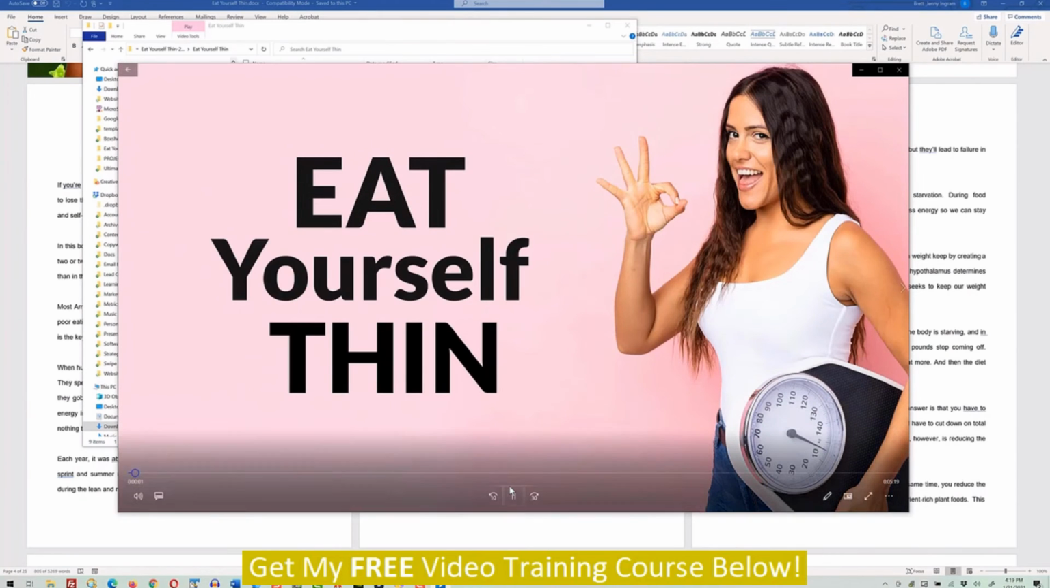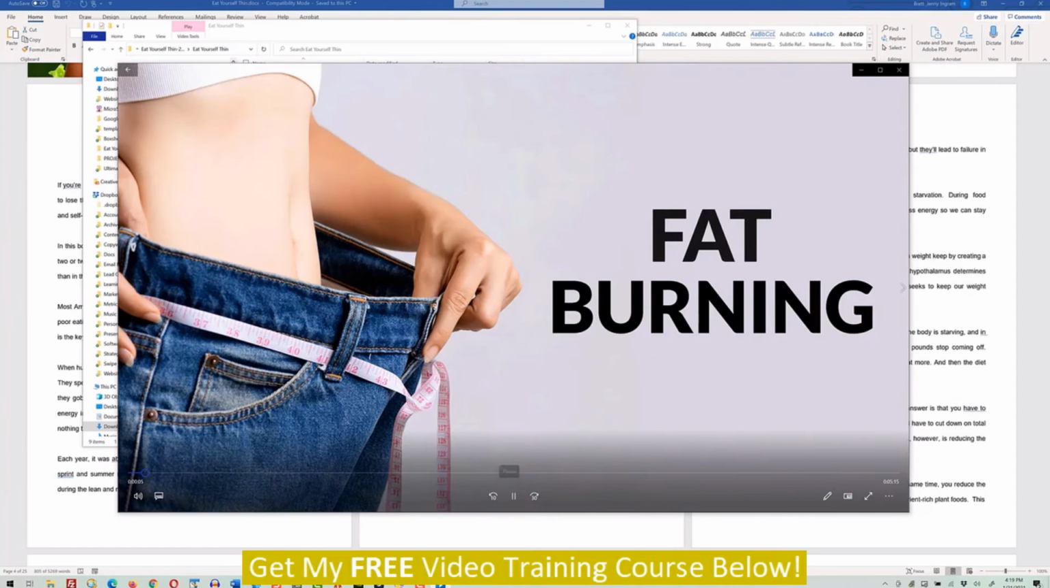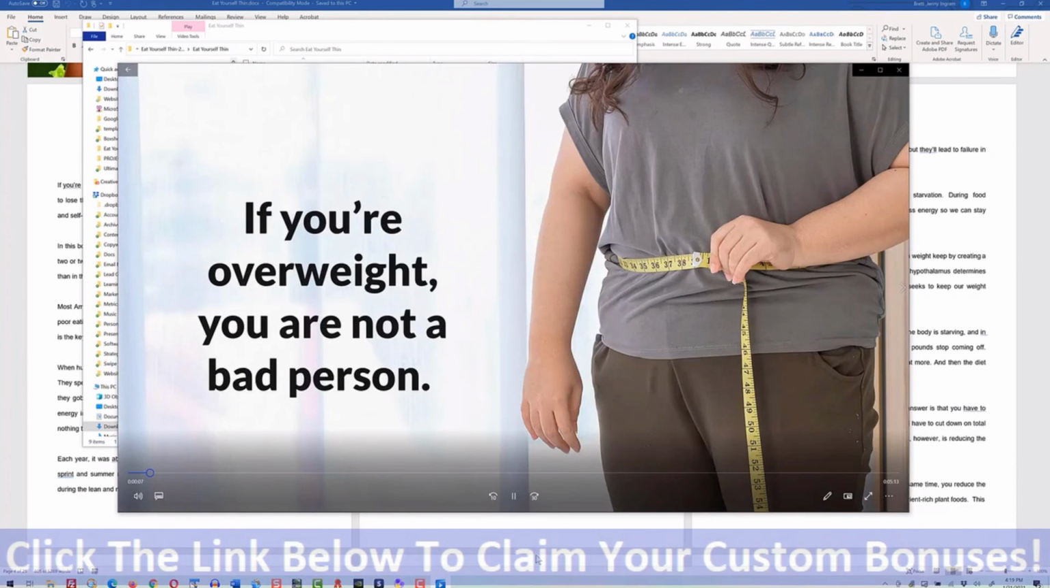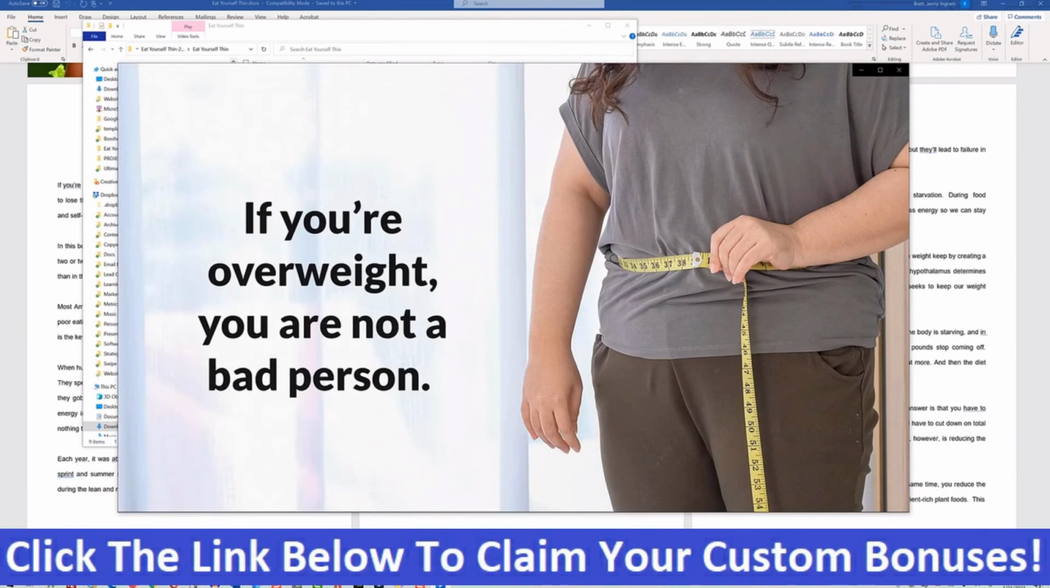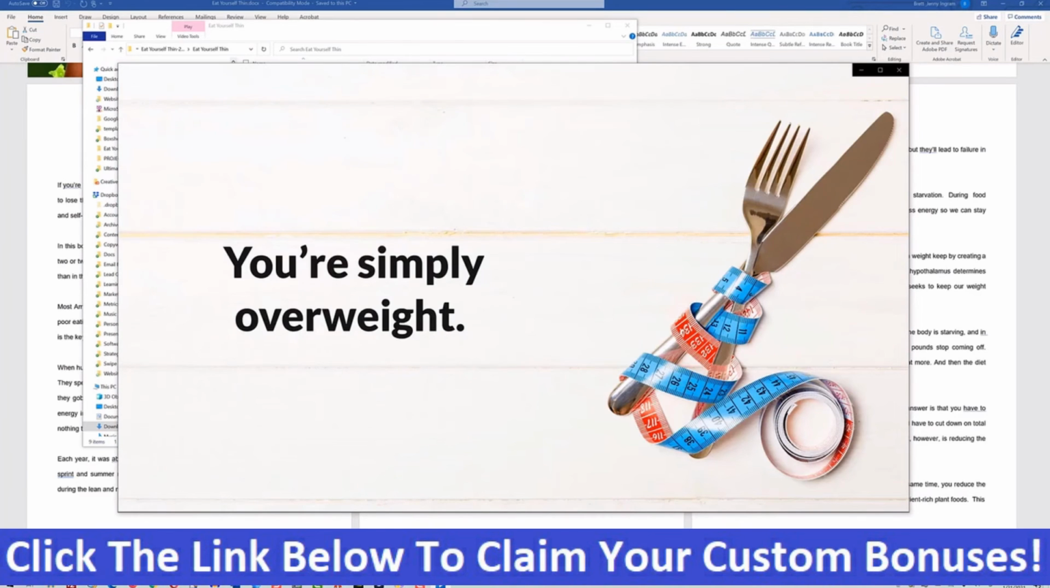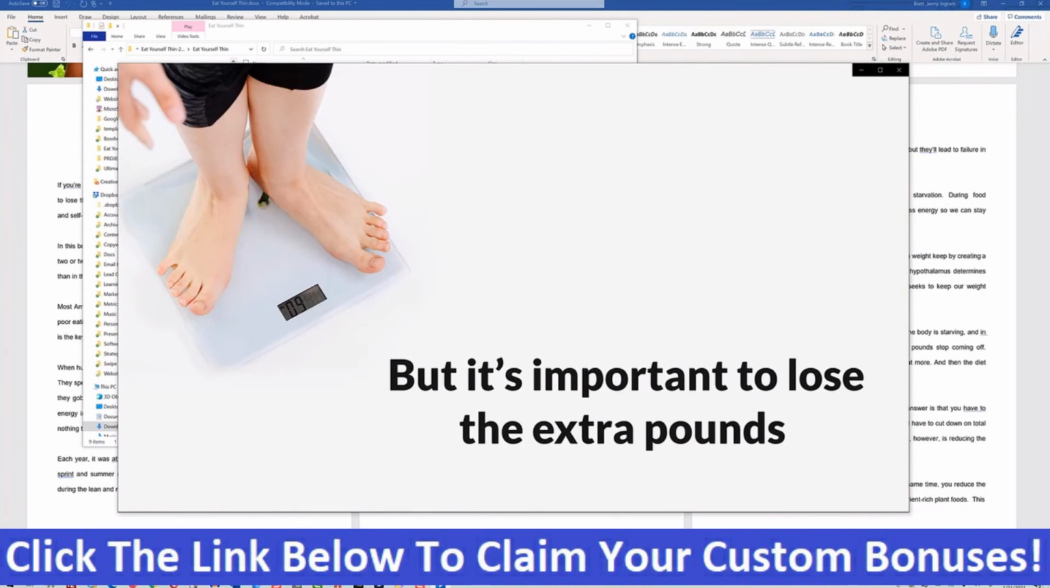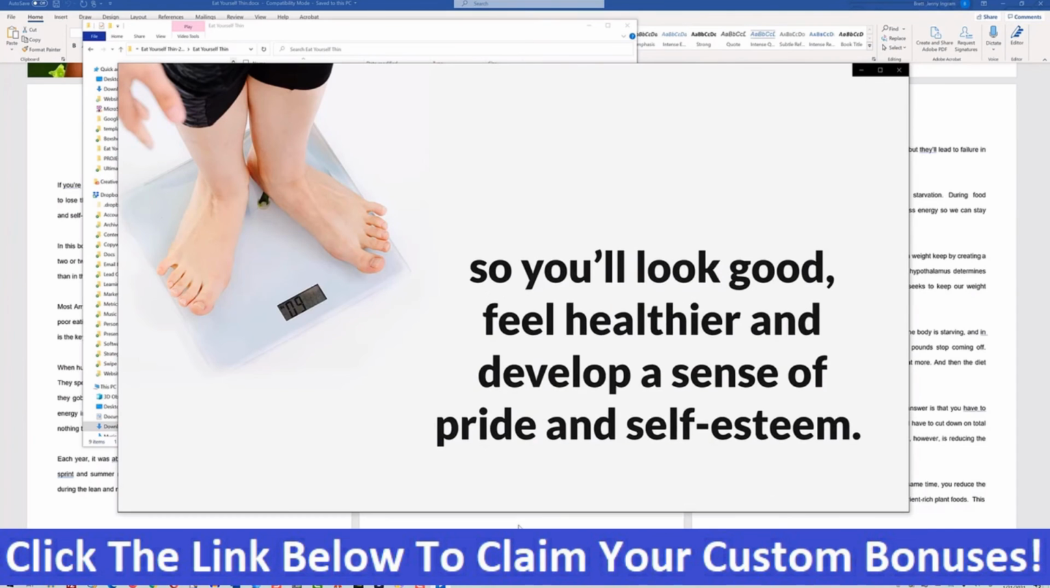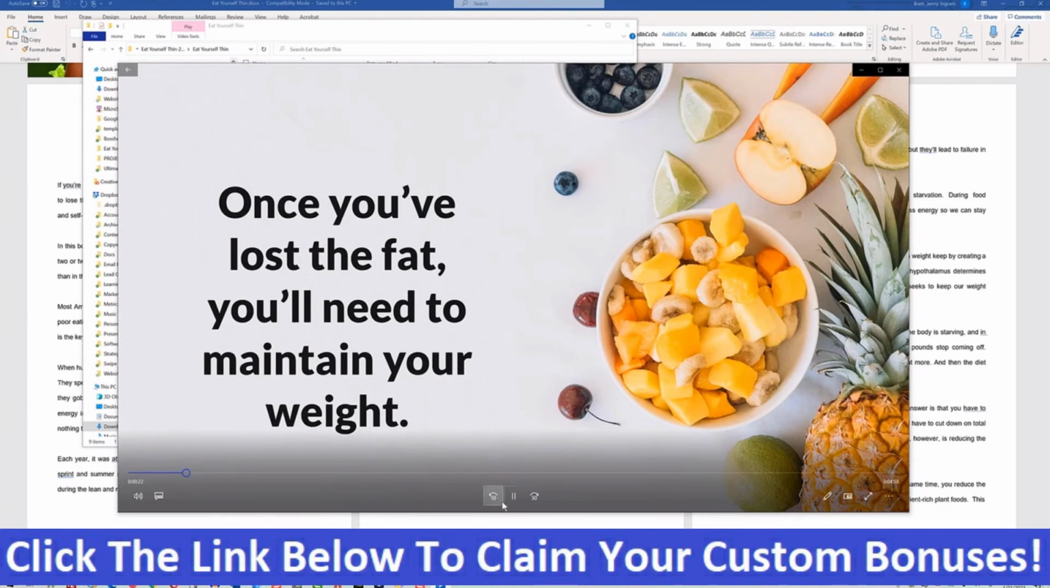Eat yourself thin. Metabolic stimulation secrets. Fat burning basics. If you're overweight, you are not a bad person. You're simply overweight. But it's important to lose the extra pounds. So you'll look good, feel healthier, and develop a sense of pride and self-esteem. Once you've lost the fat, you'll need